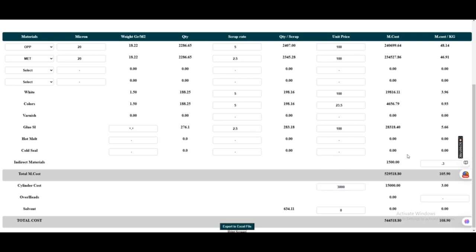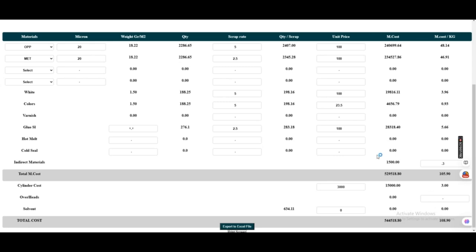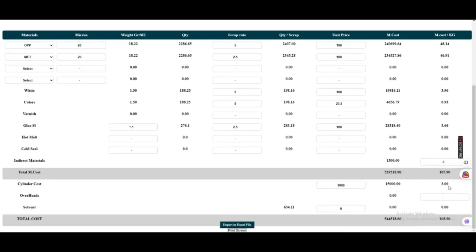Note the application shows you the percentage of wastage and also the total number of length meters and grams, as well as the standard quantity. You can use the buttons below to export the